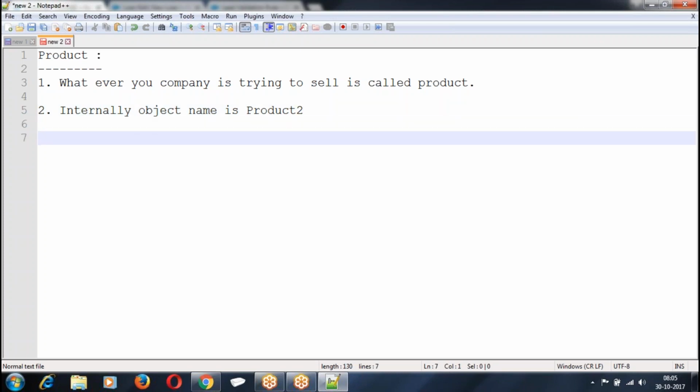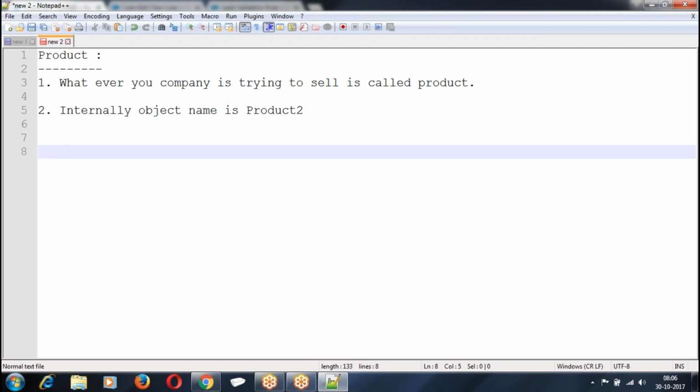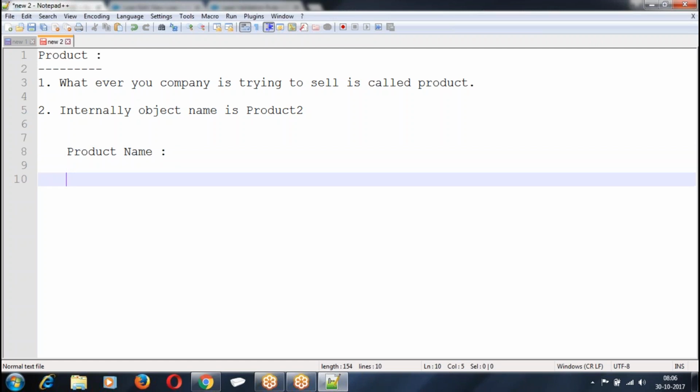The next question is, where is the product? Let us say now I want to go for a small application. Now I'm a Hyundai company. Otherwise I'm a bank that is trying to sell some loans. I want to sell housing loan, education loan, and all these things. What type of information are you going to give? Loan type. What is the product name? Some education loan, product name.